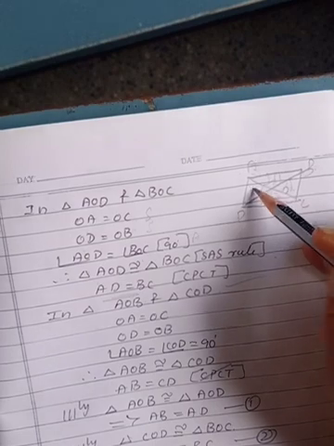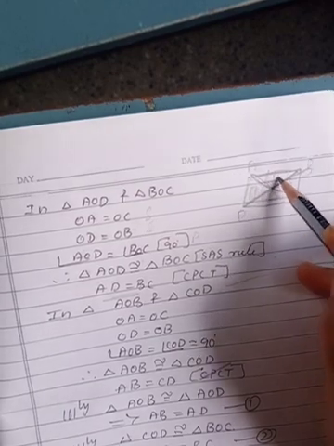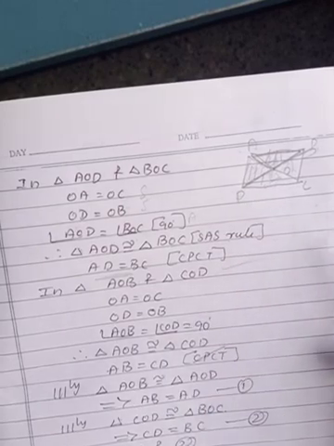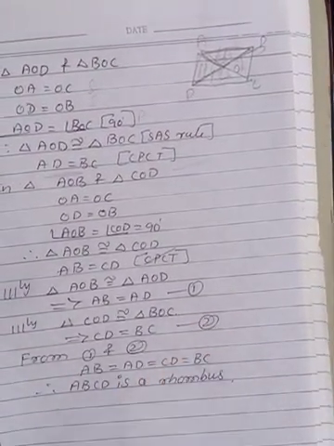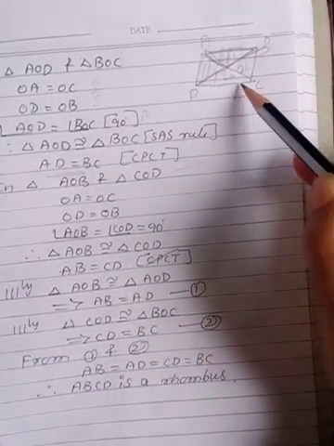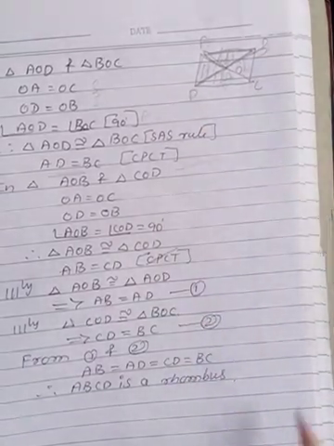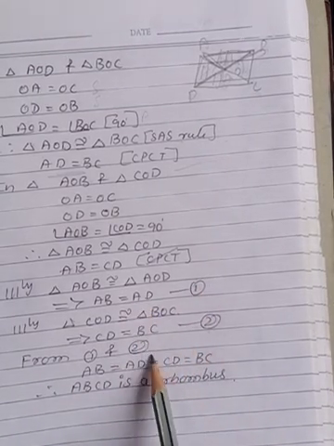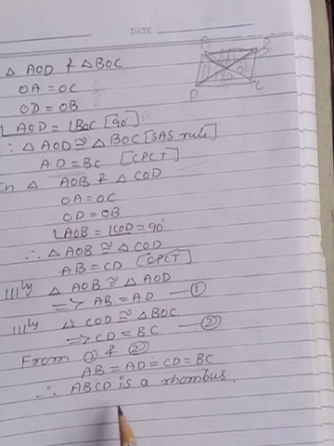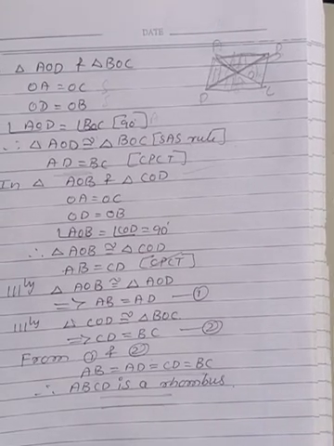Now let us go with these two triangles, AOB and AOD. There you are getting the same type of proof, so I am writing similarly. You will get AB is equal to AD. In the same way, take these two triangles, and you will get BC is equal to CD. Call them 1 and 2. From 1 and 2 you can observe all the sides have become equal. So if all the sides are equal, then it is a rhombus. The remaining problems we will discuss in the next class. Thank you children.